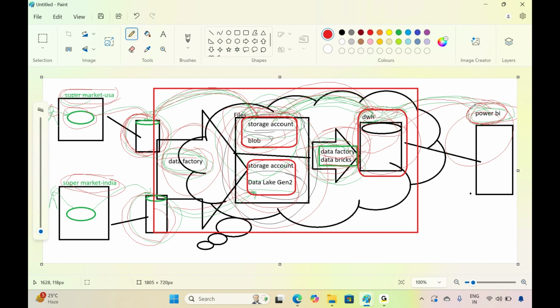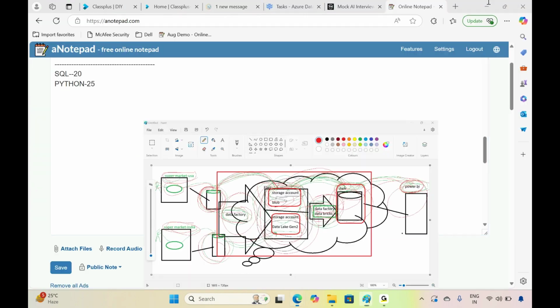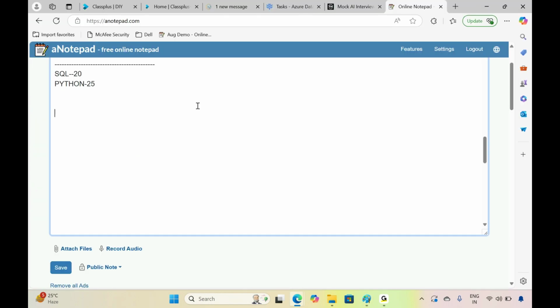The end goal of data engineering is to present the business data so they can understand their business, like the top 10 best-selling products, and last year versus current year, how the sales percentage is changing. All these things we are going to understand over here.